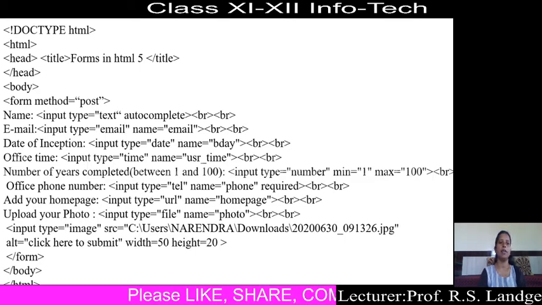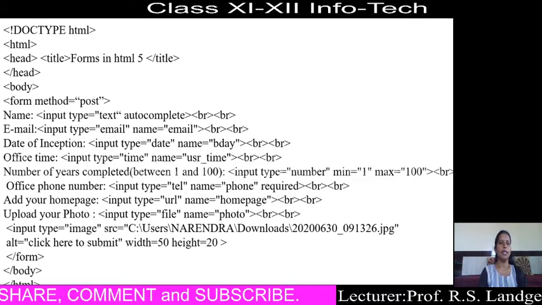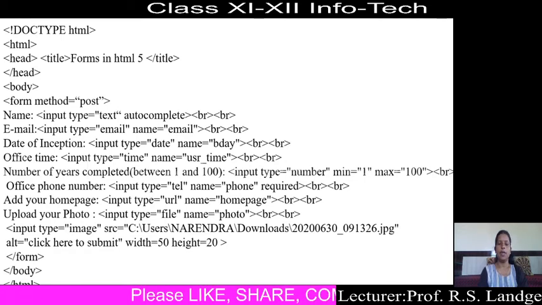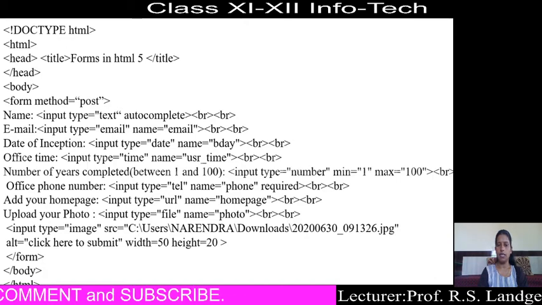Then for email, input type equal to email should be created. For date of inspection, input type equal to date must be provided, due to which it displays a date picker. Then for office time, we set input type equal to time, so a time picker is provided.